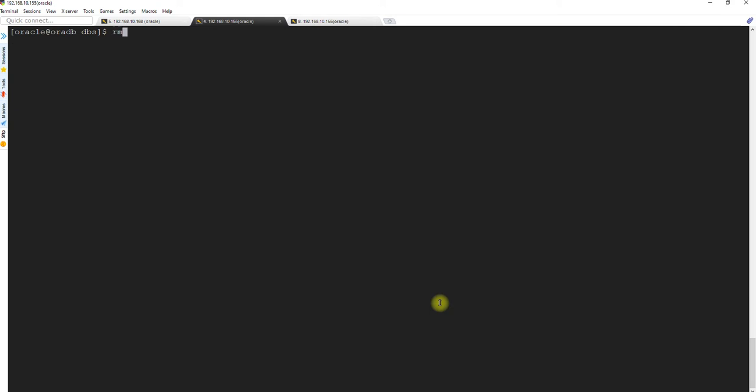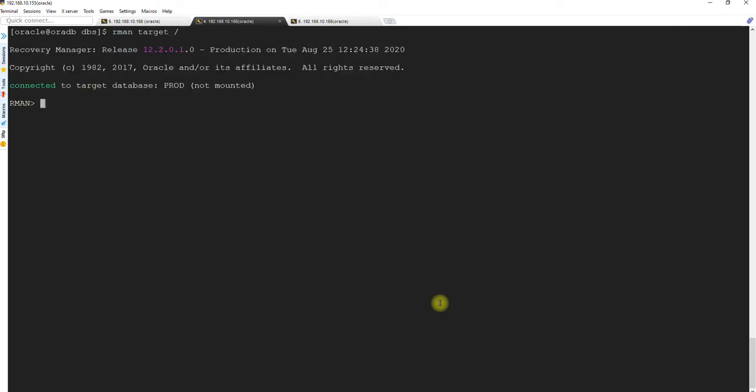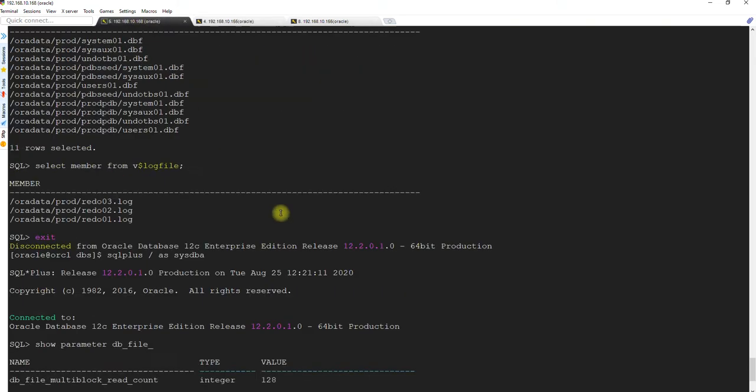We need to say rman target slash, restore spfile from the backup location. So first of all, we need to identify. So this is our data slash backups, but we need to provide the file name. Okay.